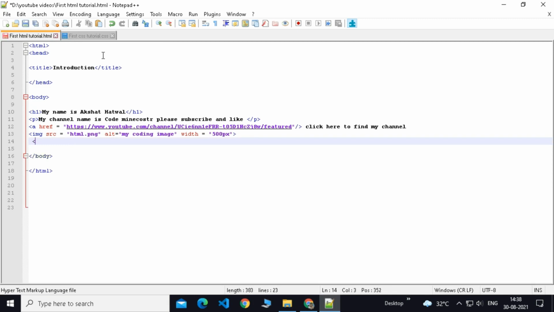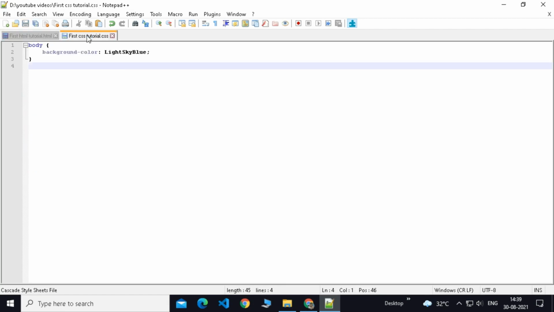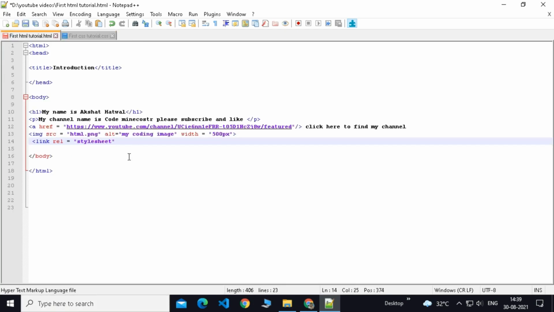So first we will type link, then you type rel is equal to double quotes, and inside the double quotes you have to type stylesheet. Why do you have to type stylesheet? Because the full form of CSS is Cascade Style Sheet, so remember to type stylesheet.